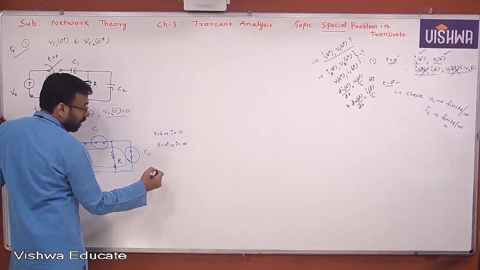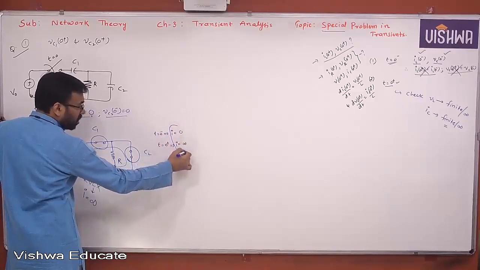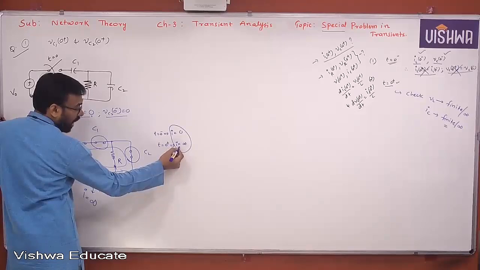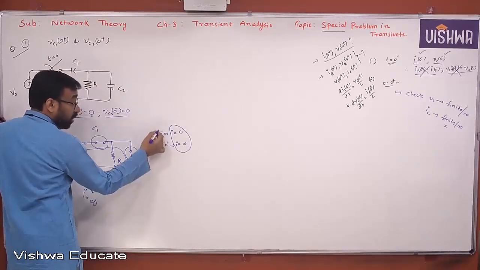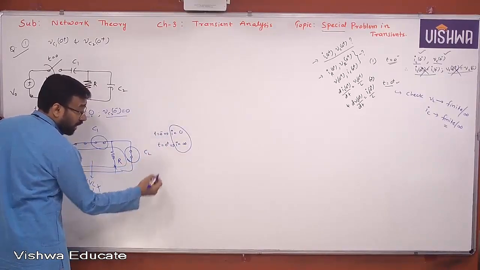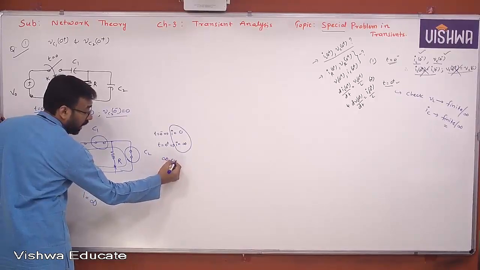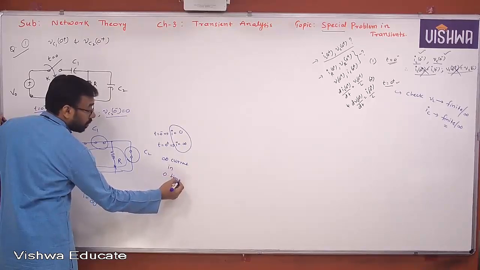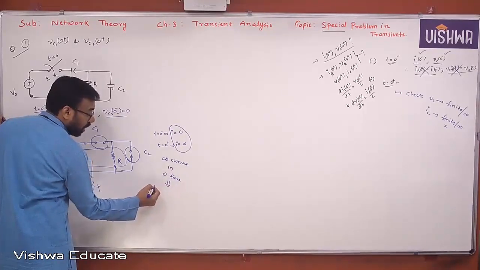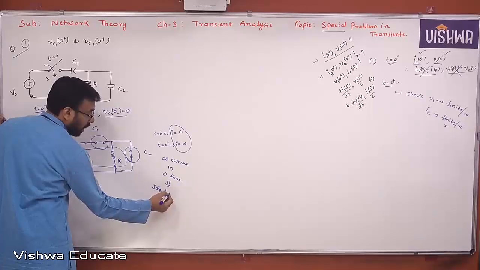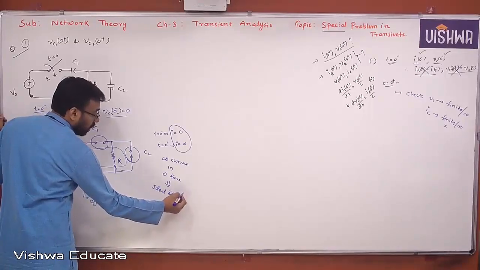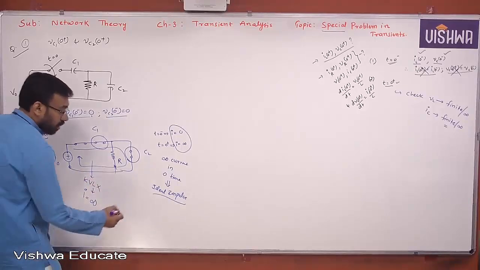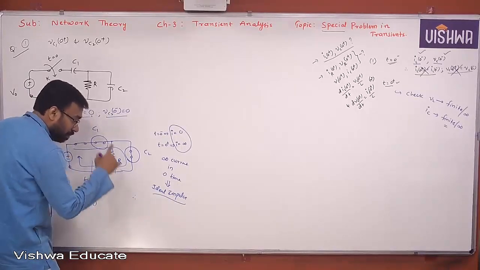Now tell me, the difference you find here, I1 and I2: I2 minus I1 is nothing but infinity in the duration between 0 minus and 0 plus. Infinite current in 0 time is nothing but what? Ideal impulse. When ideal impulse current is flowing through each capacitor,